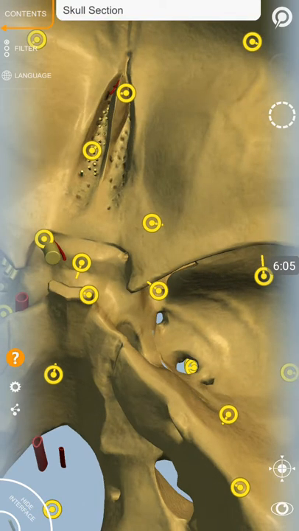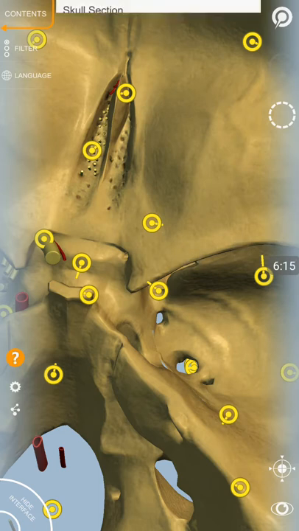Sella turcica literally means Turkish saddle. And on either side, the anterior cranial fossa is posteriorly bounded by the